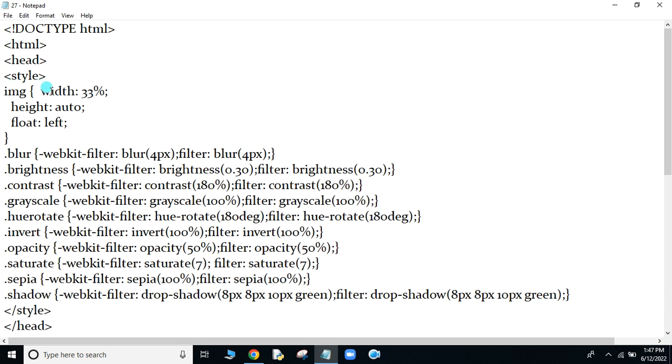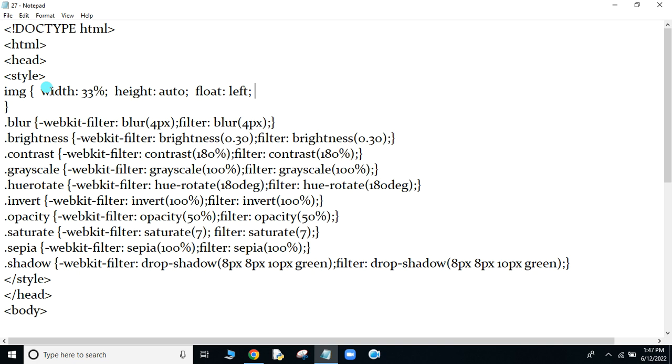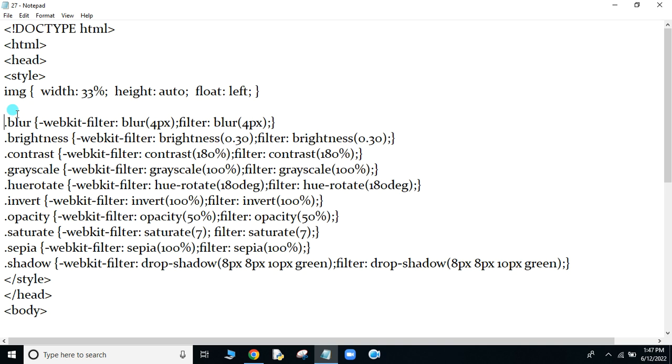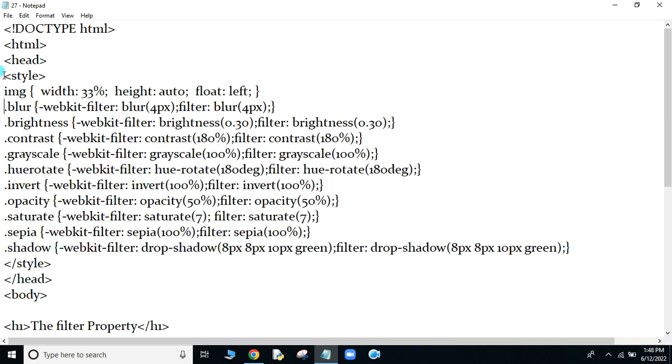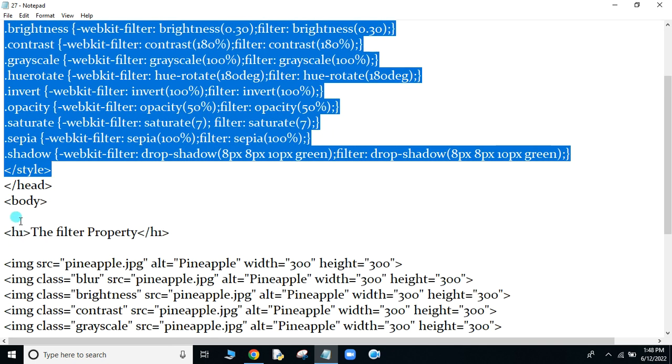So this is the image default style, which is developed in cascading style sheets format, and onwards you see here, this is the blur effect. You can see here blur effect and brightness effect, contrast effect, grayscale, hue rotate, invert, opacity, saturate, sepia, shadow effect. These are all things I am writing within the style tag, and the style tag must always be written within the head tag. Next, in the body tag,